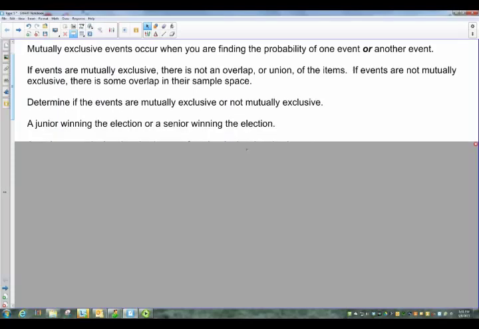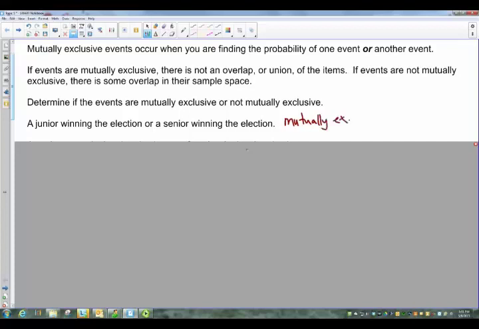The first one says you have a junior winning the election or a senior winning the election. Now, if you think about this, juniors and seniors are two different grades. They don't have anything in common, so there is no overlap there. If you have a junior win an election or a senior win an election, they can't be the same person. So these would be what we call mutually exclusive